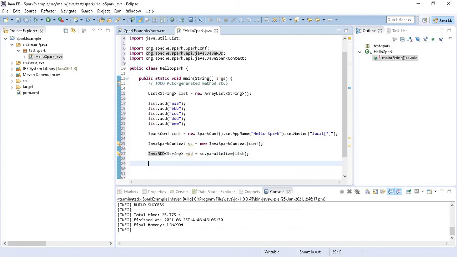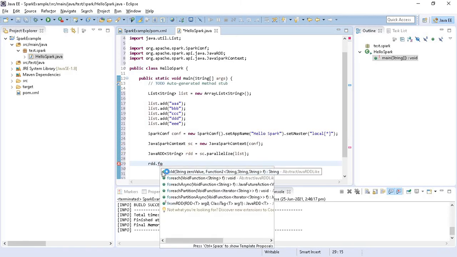Now as this is the hello Spark, we are going to see whether the information written and read by this RDD is printed correctly. So we are going to print this information on the console.